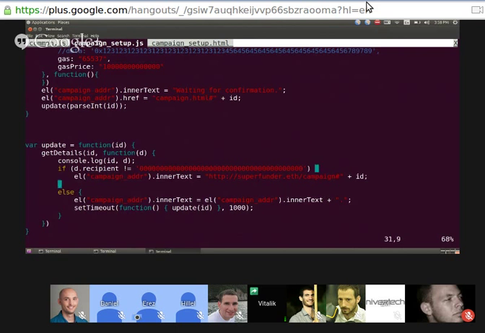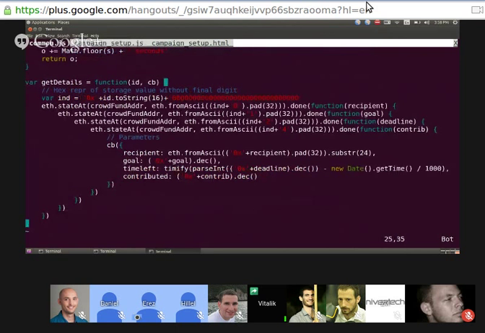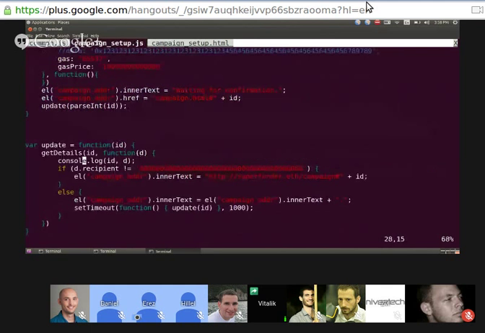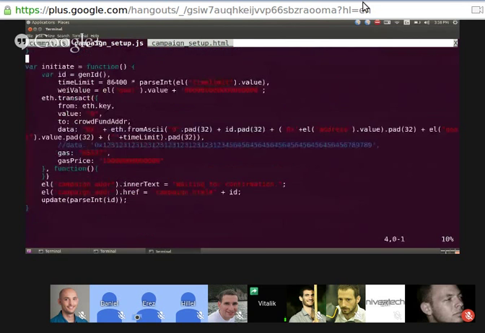So get details, you notice, is the method for grabbing the details about a campaign. This just grabs some data from storage. The data in the storage is not going to be 0, so it sets the campaign and it stops recursing. So, that's basically all it is on JavaScript. It's just a thing that creates a transaction and then starts this crazy loop that just repeatedly